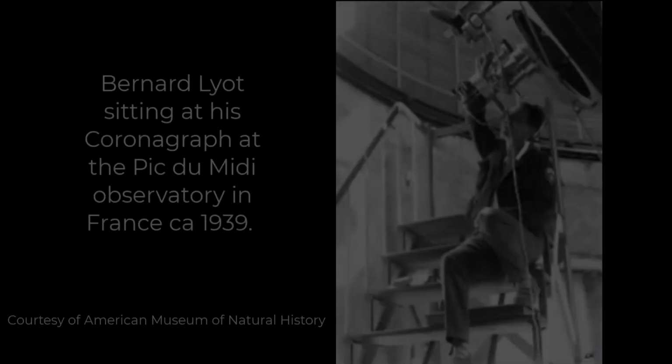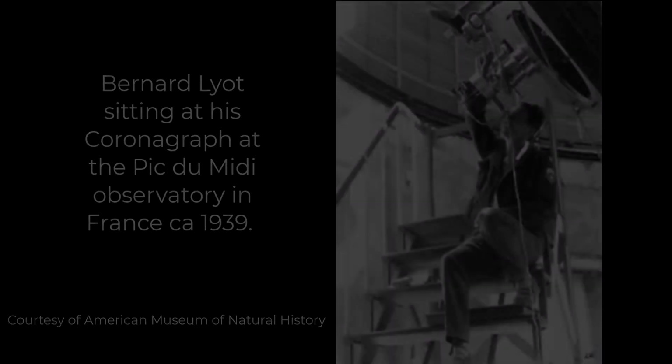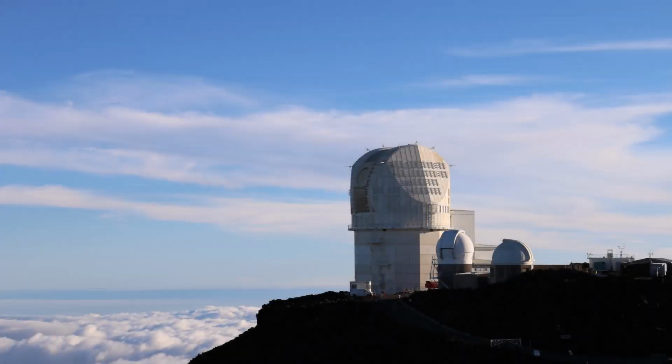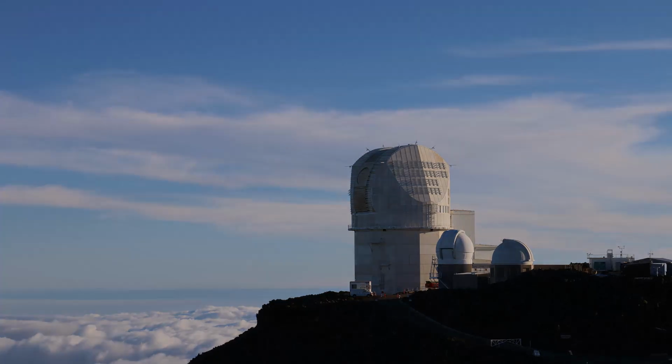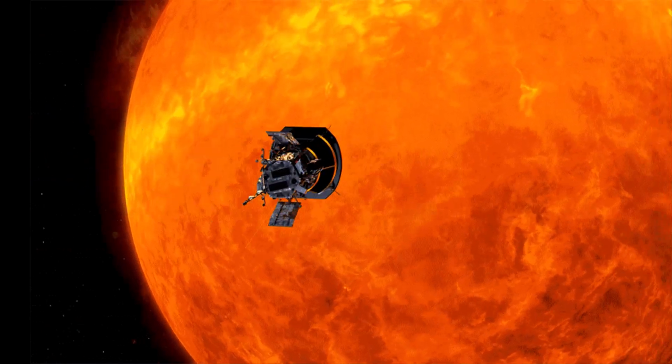Yeah, you heard that right. 2 million degrees. Astronomers first measured this temperature back in 1939, which absolutely blew everyone's mind. Ever since then, astronomers have been trying to figure out what's causing such an astounding temperature jump. There are hopes that the newly operational Daniel K. Inouye Solar Telescope and the Parker Solar Probe, which is actually going to fly through the corona, will be able